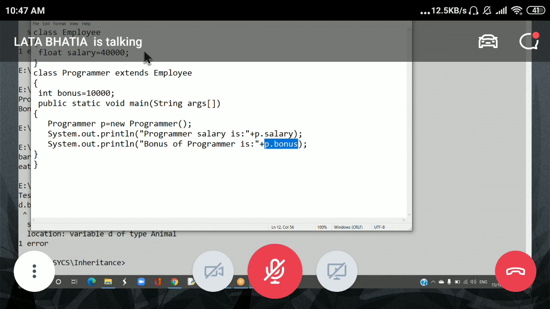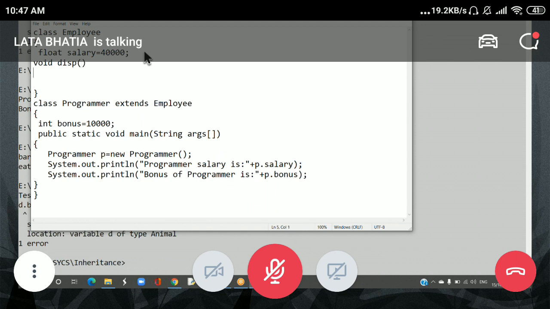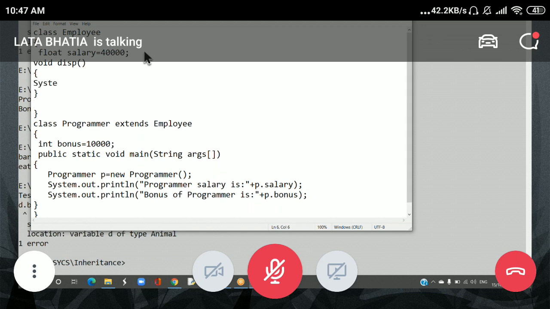Okay, if you want to include a method, we can modify this program. Let's include one method and check how to write it. We should have a return type. If it is not returning anything, we will have void. Then let's keep the method name as this, without any arguments. And let's write some code inside this. I'm writing System.out.println with a message, I am a programmer. Now I have written one method.